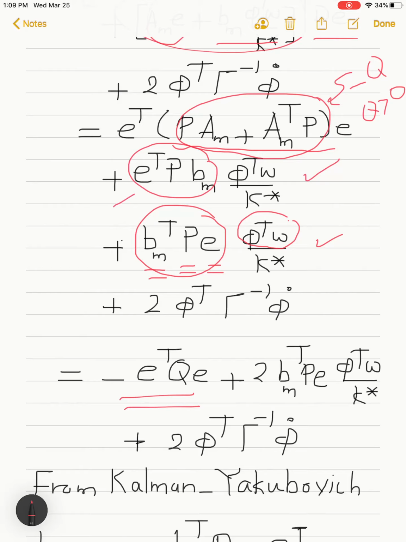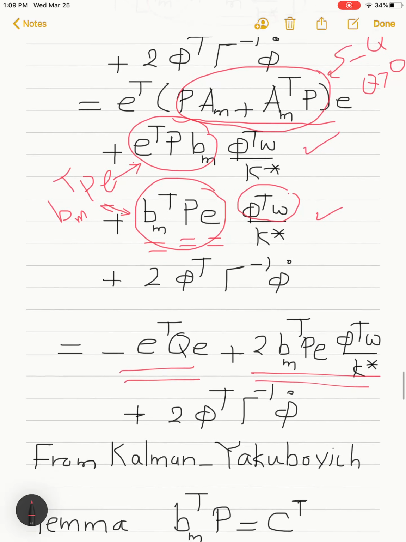So I will take the transpose of the first element here. That would give me BM transpose PE. And then these two terms will be similar. So that would result in this summation. If we look here, we will notice that we have the product BM transpose times P, and again from the Kalman-Yakubovich lemma, this would be just